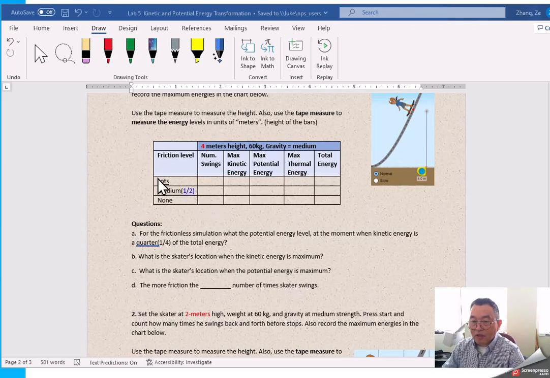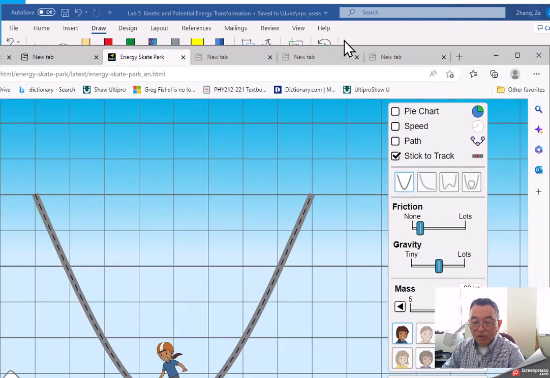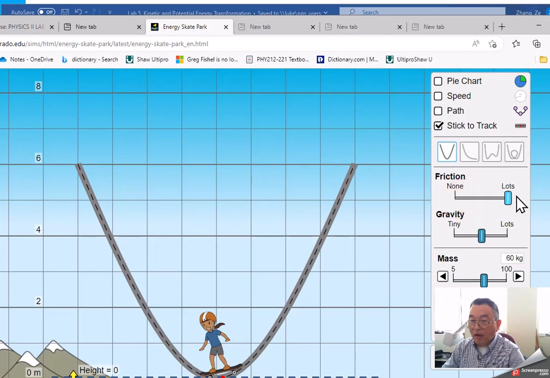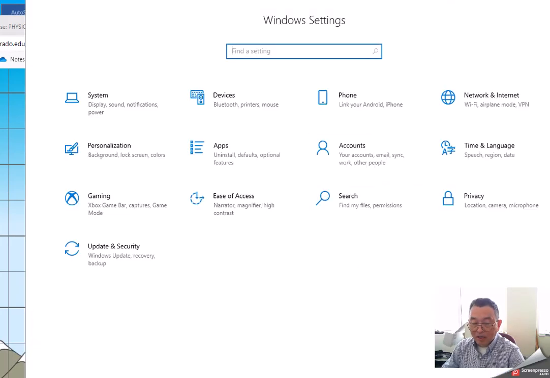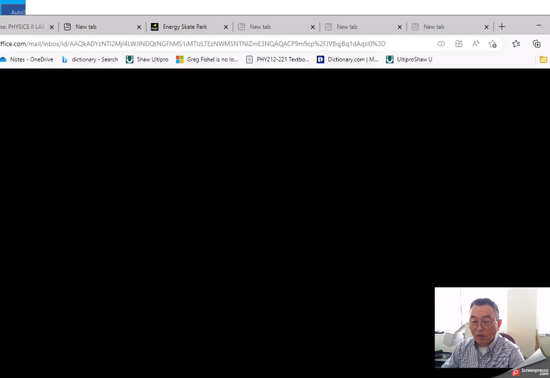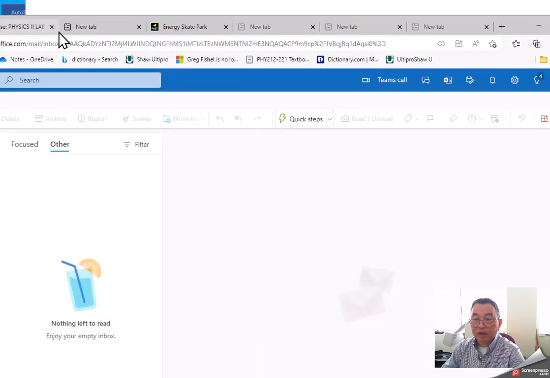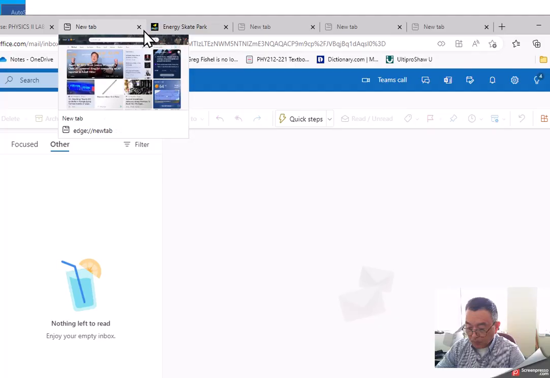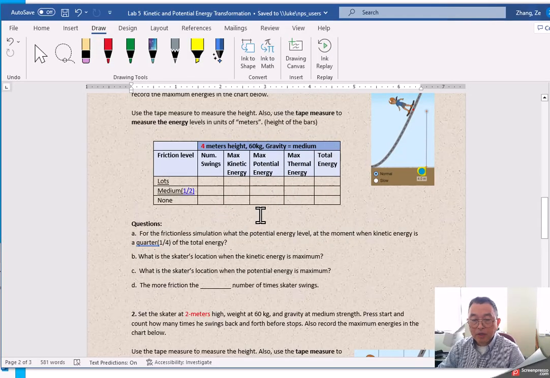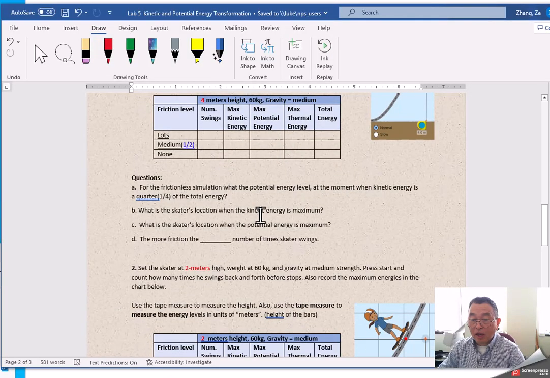With lots of friction, you put it at the top. With less friction, you put it in the middle, and with no friction, you put it in none. So we have to do these 3 cases. I don't want you to do a whole lot of this, but you do 3 cases, and under these questions, I have, for this question, I think I explained for the frictionless